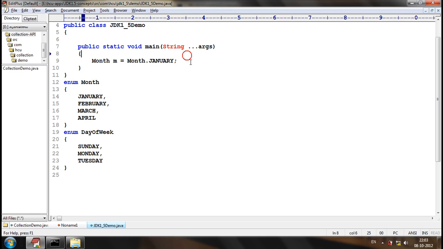We cannot create an object like this. This is not possible. We cannot create an enum object like this. But each and every enum constant will act as an enum object.